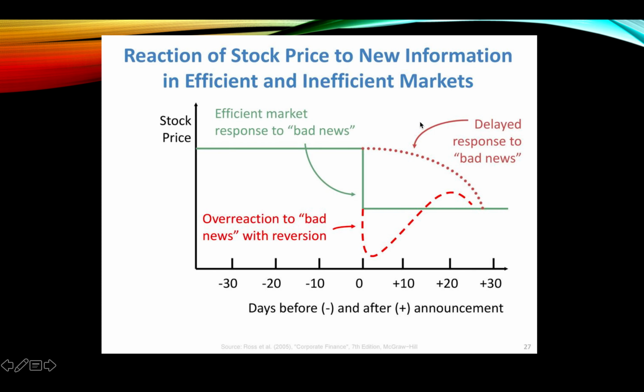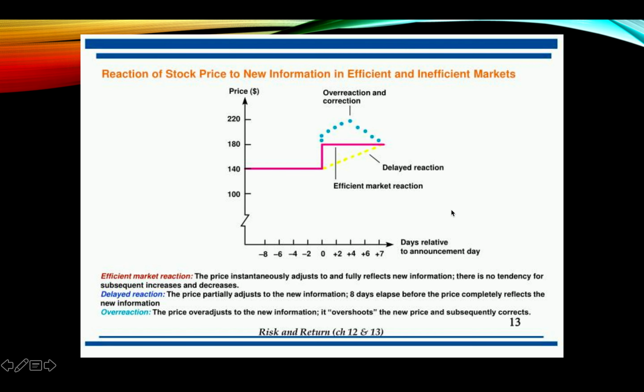All right. But pretty much what the efficient markets hypothesis, the semi-strong form, says is that this reaction is done very, very quickly, and the new price adjusts very quickly. All right. So how fast does this reaction occur? Well, it varies. Sometimes there's an overreaction and a correction. Sometimes there's a delayed reaction. But pretty much the reaction is like the pink line. Most of the time you'll see something more like the pink line.